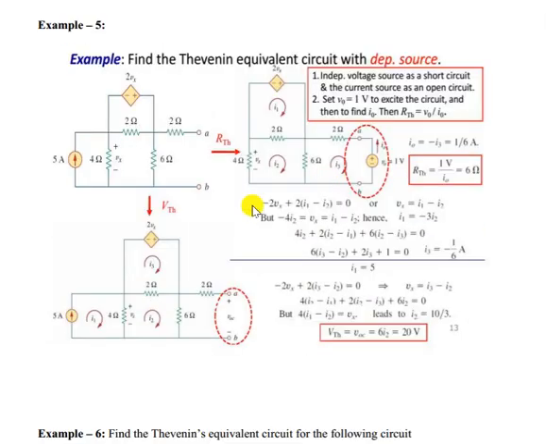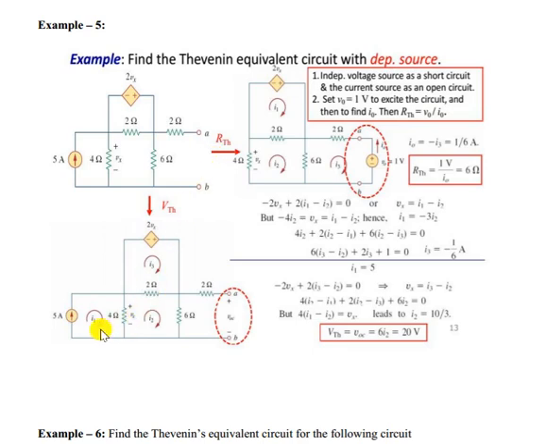Now say with a dependent source, how to solve. So this is the circuit, this is the point AB. So AB is the VOC or VTH. Now here again, there is no voltage drop across the 2 ohm resistor, because no current will flow through this 2 ohm resistor, as this is open circuit here. So we have to find out the voltage drop across 6 ohm. That will be enough to get the VTH.